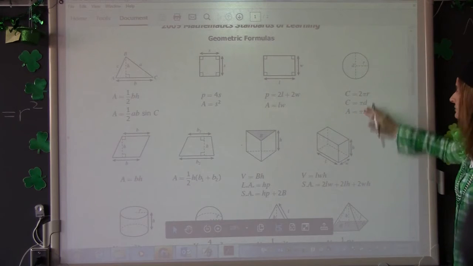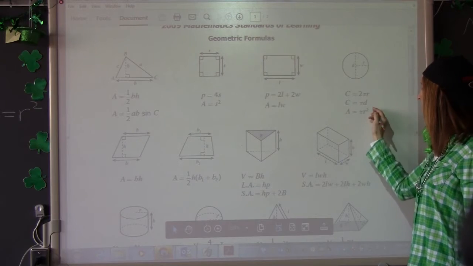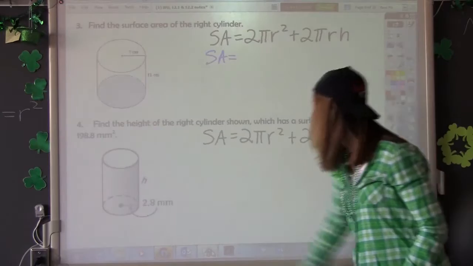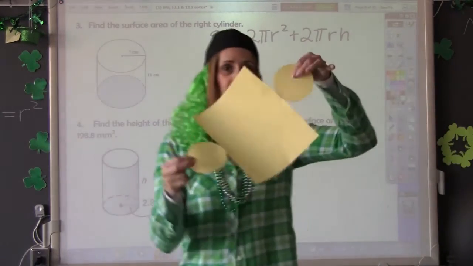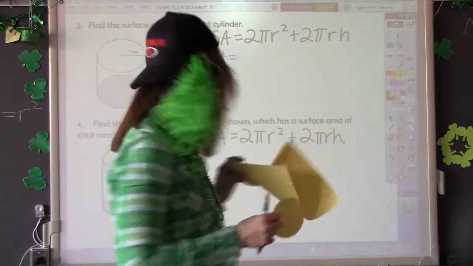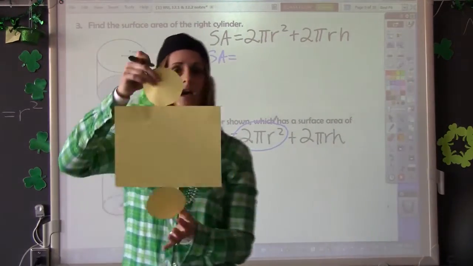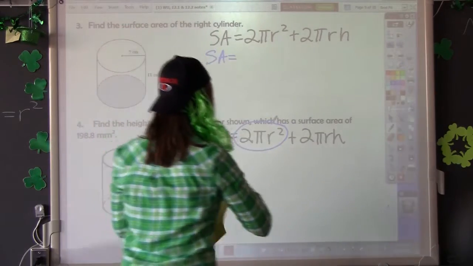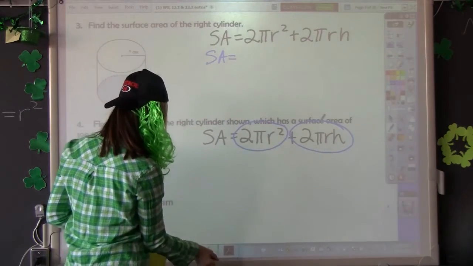Circle. Underneath the circle, we've got circumference, and we've got area, pi r squared. So, 2 pi r squared, because we have 2 circles. So this part right here is to find the area of the top and the bottom of the cylinder. This part is the lateral area, which is why on the formula sheet,